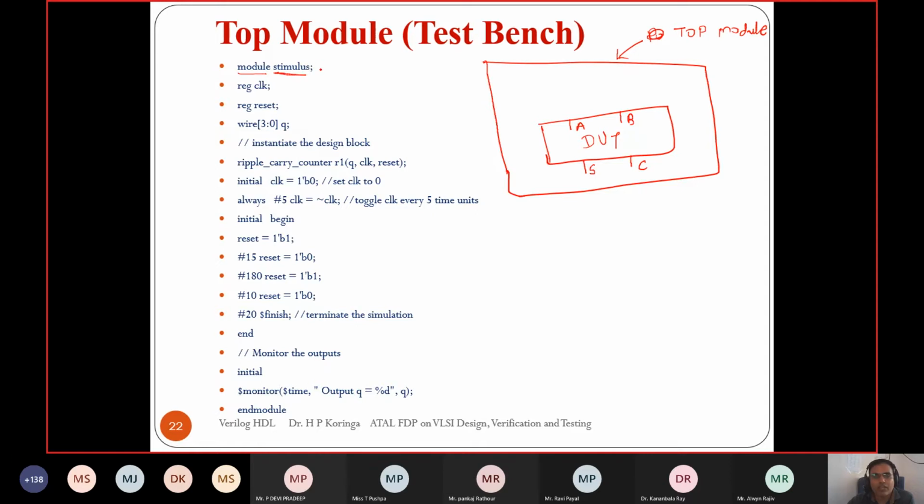But here we need not specify any port list, so you cannot find any port list in a top level test bench module. The second thing is the DUT ports. Suppose this DUT has 4 ports. Out of these 4 ports, 2 are inputs, so we have to declare those 2 ports as reg to give the input, and the output ports have to be declared as wire.